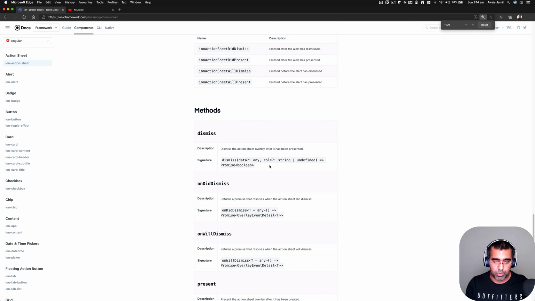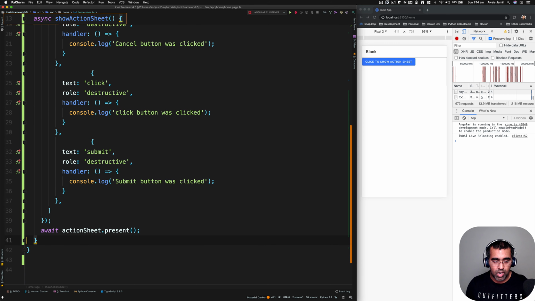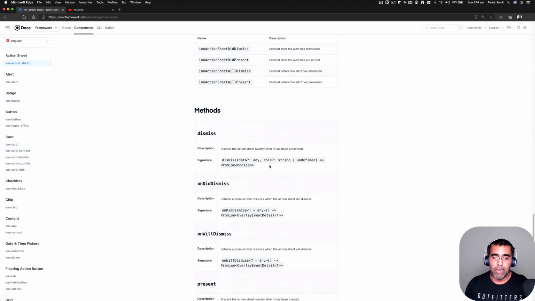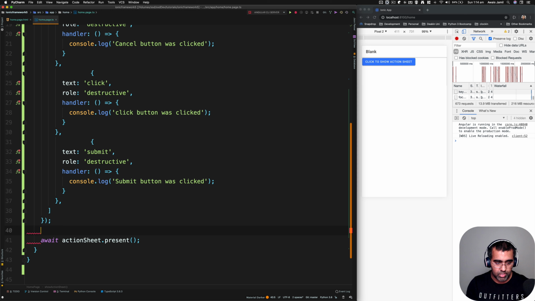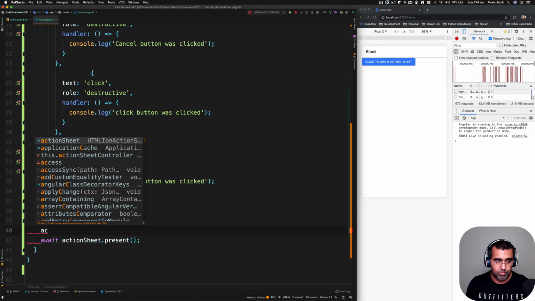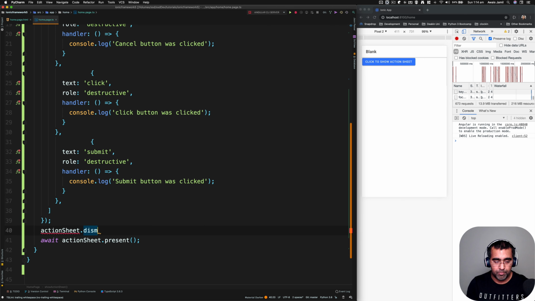Now we have some methods. So every component has some sort of a method. We can see how do we use them. So now let's just say if I want to basically do something after dismissal of the action sheet. Once the action sheet dismisses, I want to do something. So the way I do it, I'm going to say action sheet dot dismiss. Okay, not this way. So I'll say on